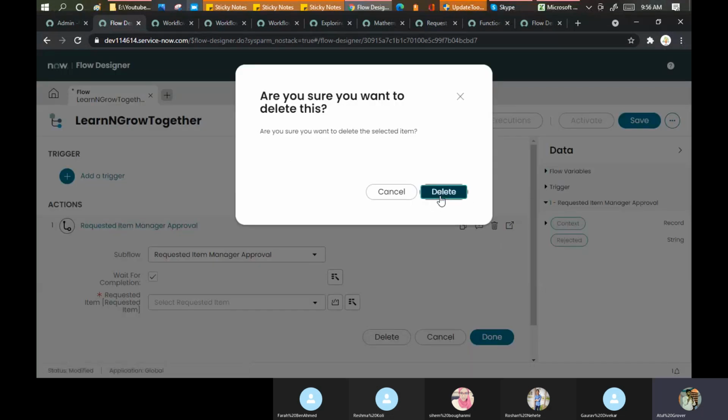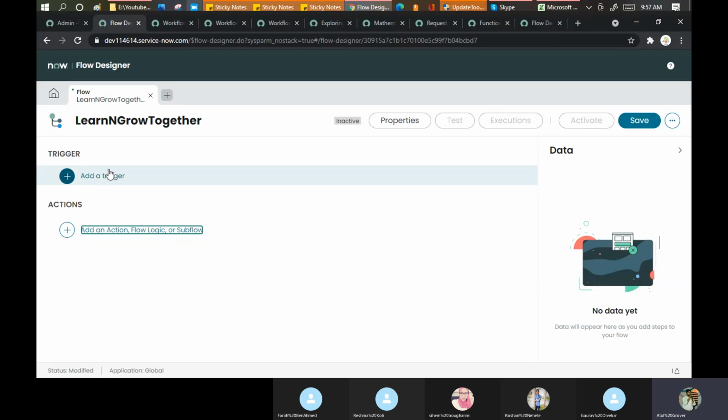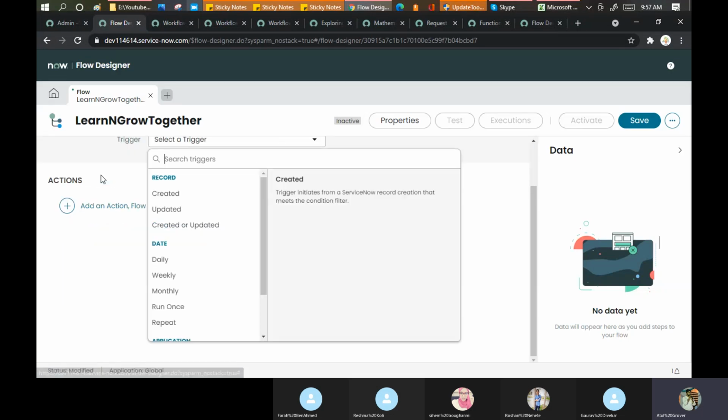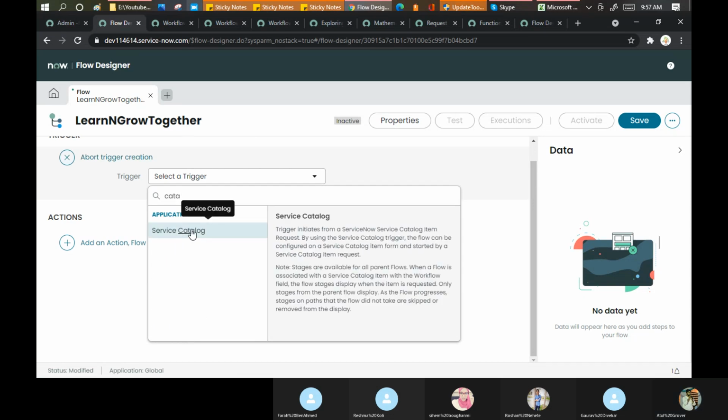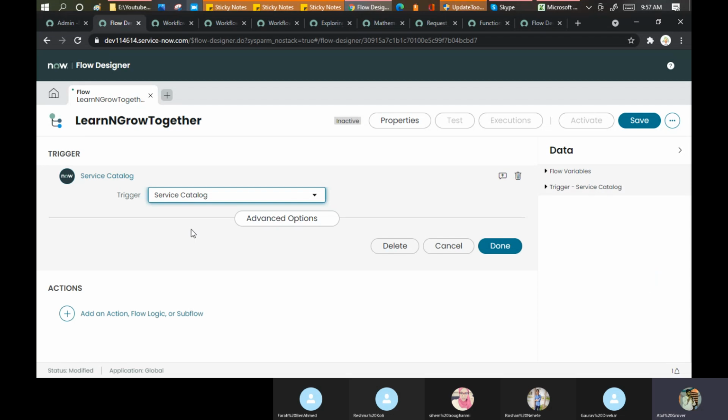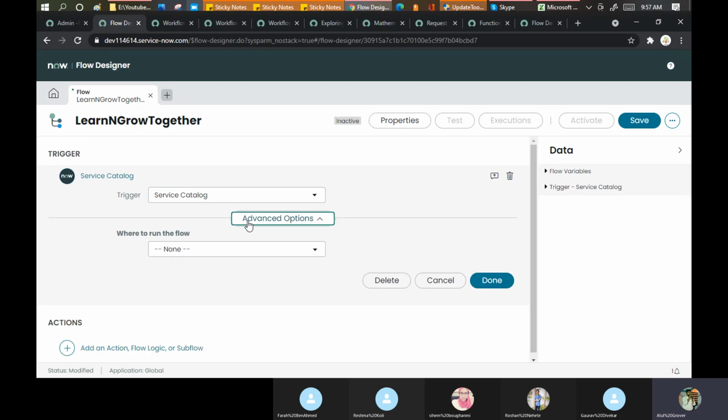We need to put a trigger for the table on which it should be triggered. So add a trigger here. That was what we were missing. Which trigger? I said it should go to the service catalog table. It means in the catalog I have a request item or task. I said it will run on that particular place. Broader, I can say, on that part.